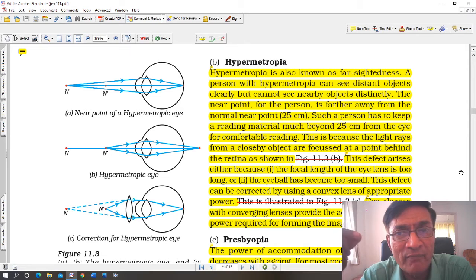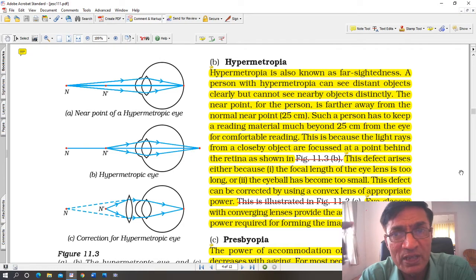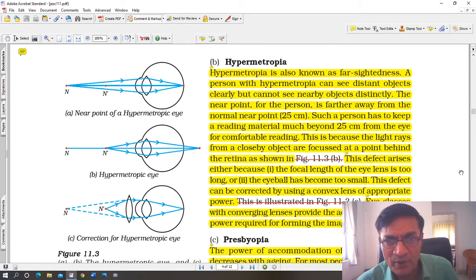These lenses are made of what are called convex lenses. The natural lens is also a convex lens. The lens which I am wearing also is convex because it is used for reading. Now you can see, for a normal person who does not need reading glasses, the image is formed.